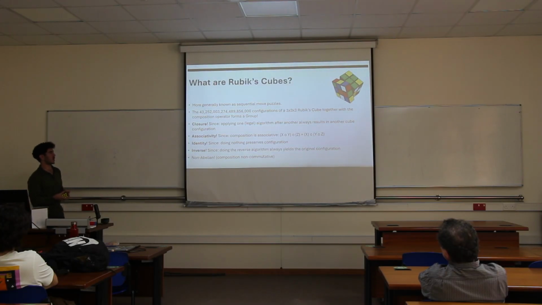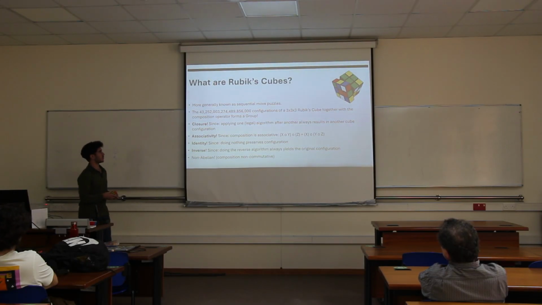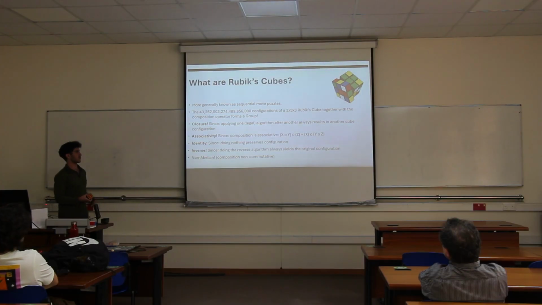And in a group, you have these 4 axioms. You have closure, which means doing one legal algorithm after another, you don't get another shape, you still get a cube. And this is a legal configuration because we never did something illegal like twisting a corner. We have associativity, which is this